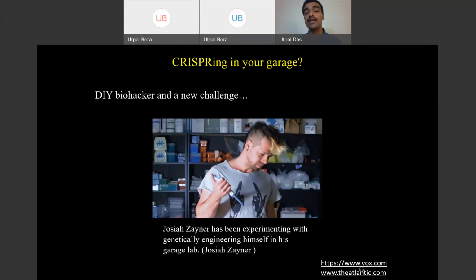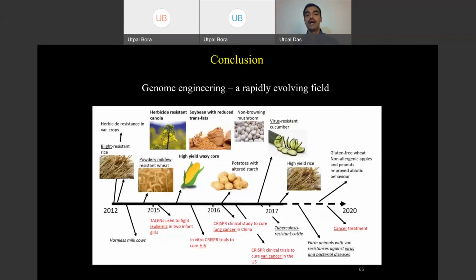So this is a new challenge, and laws should be passed, legal action should be taken, or a proper guideline should be there on what to do with this kind of technology or this kind of hypothesis. Okay, so in summary, I'm not going to give you a bulleted list summary, but overall, genome engineering,